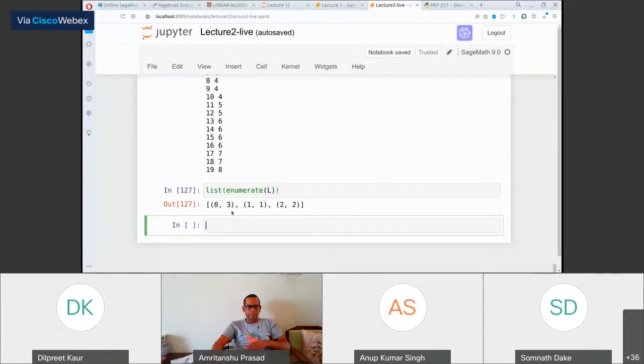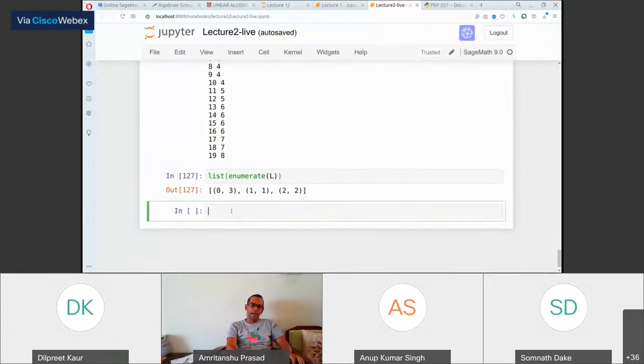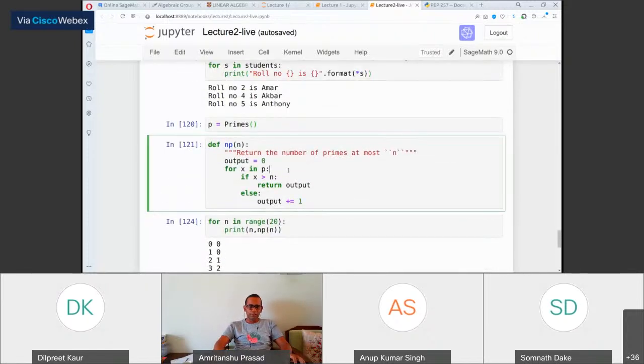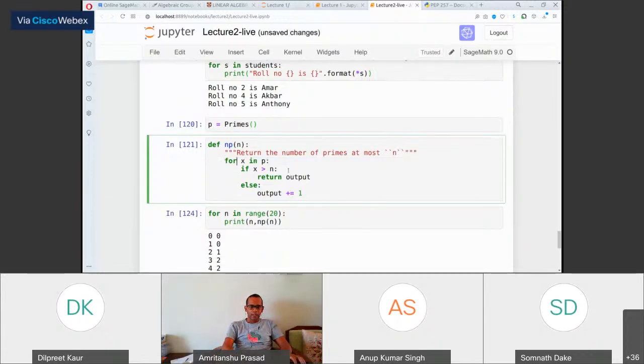So this is the same as saying i comma L[i]. So here we could have used this. So for example, instead of doing this, we could have said for i comma x in enumerate